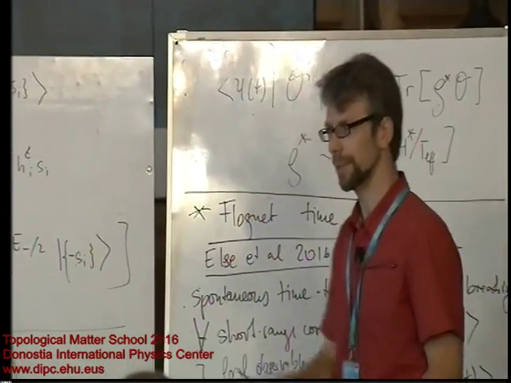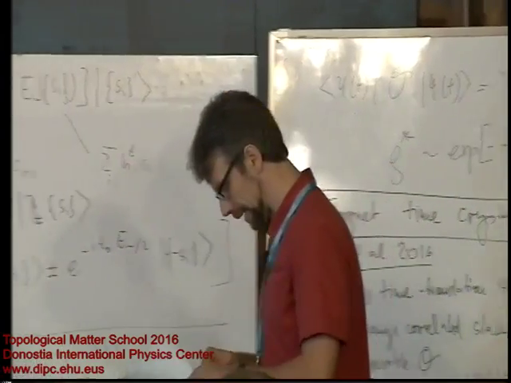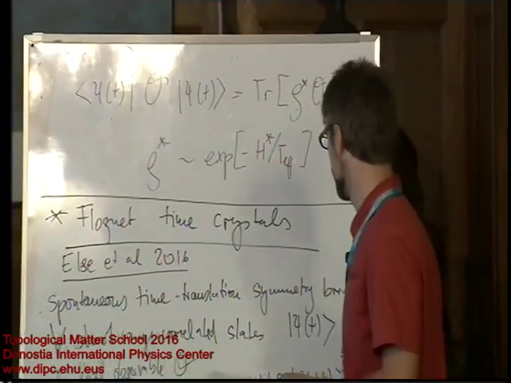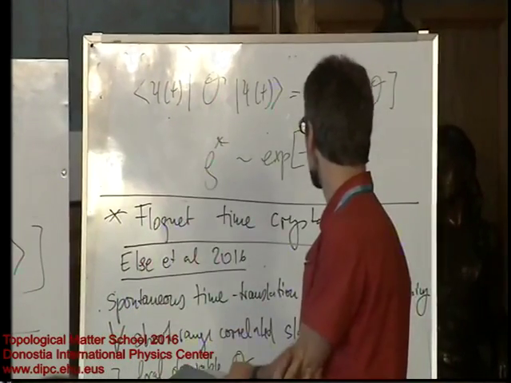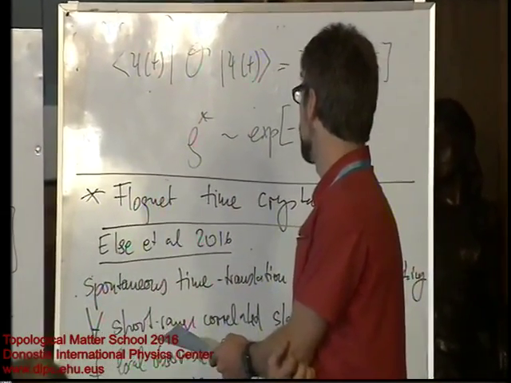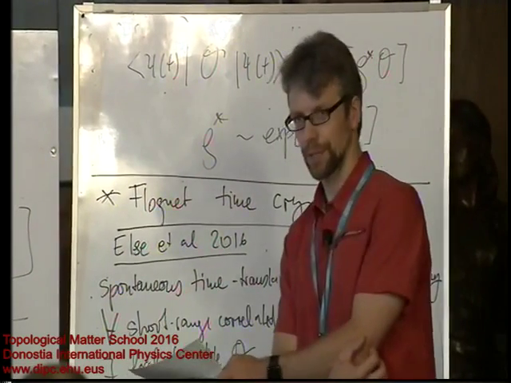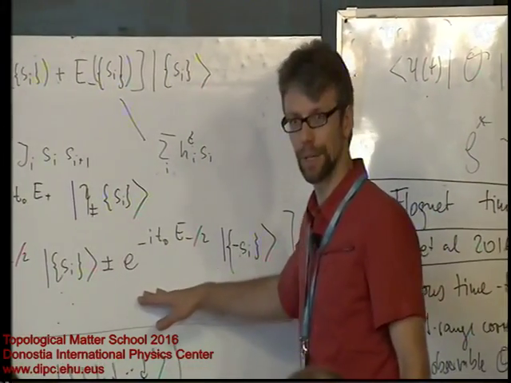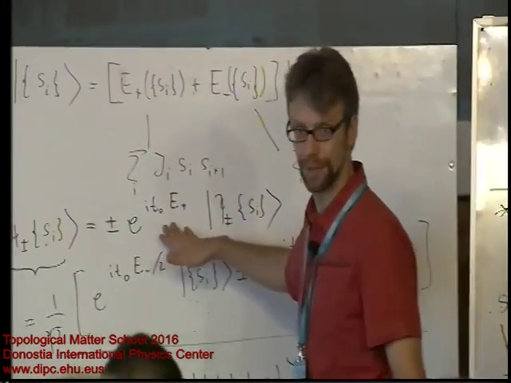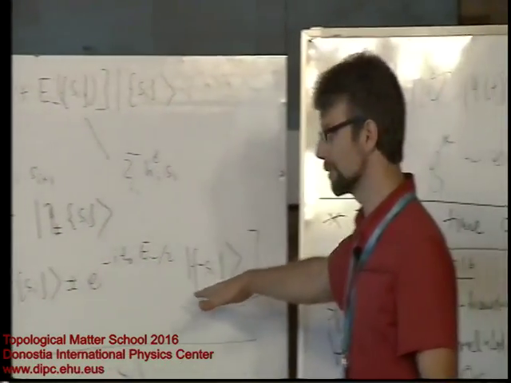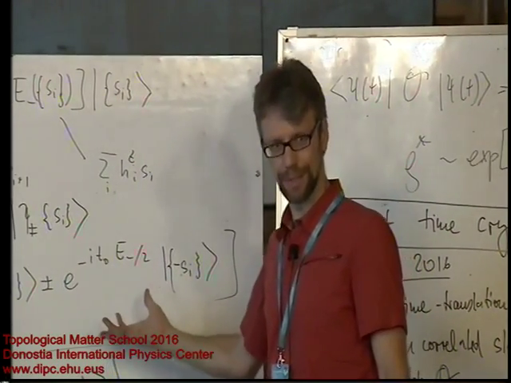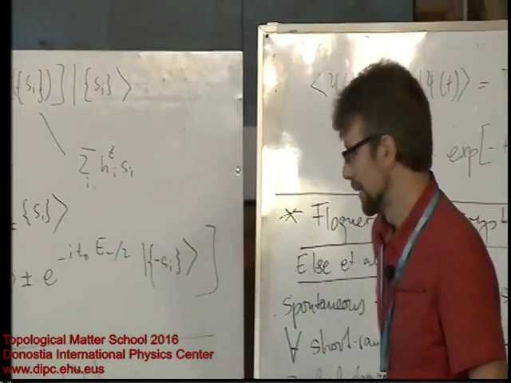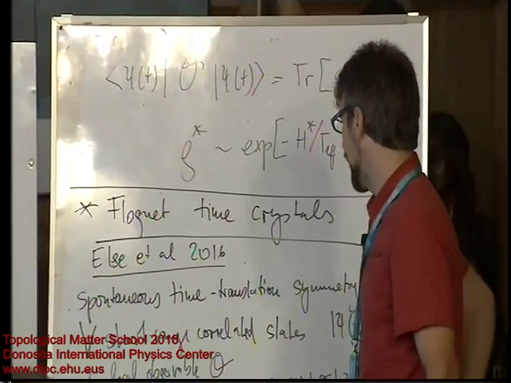And if I turn this argument around, then I can look back into my definition of spontaneous time translation symmetry breaking. If I have a short-range correlated state, and I want to decompose it into the eigenstates of this unitary, which all have generically different eigenvalues, I have to use many of these things, right? I have to use many of these eigenstates of the unitary. Okay, so, and then,